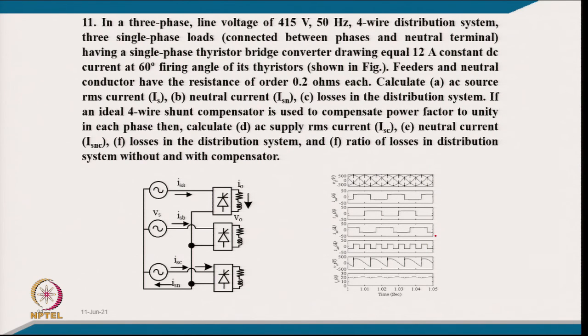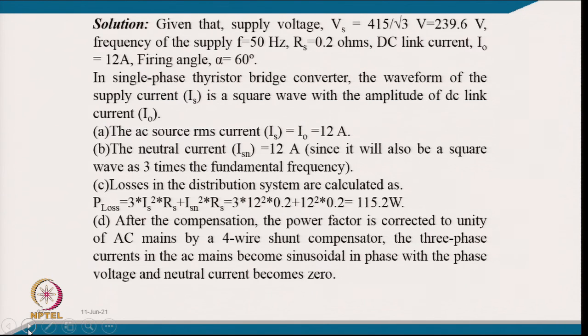So, you can clearly see the 3 phase equal balanced current, but of course not sinusoidal, square wave current, cause the neutral current equal to the phase current, and this is of course the typical output voltage of one phase and load current of one phase. So, this is very important, we like to analyze in the result the neutral current. So, coming to the solution, given that